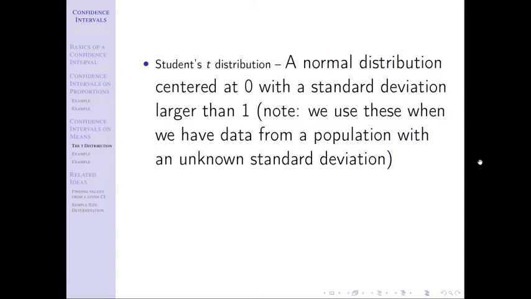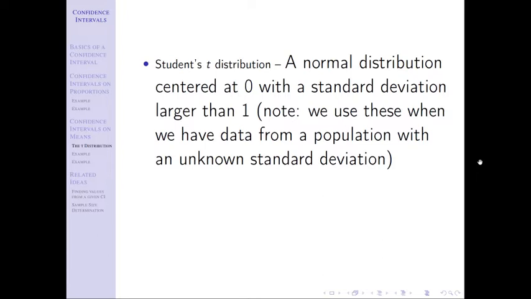Right, so the point I want to try to hammer home here is if you're working a problem on means, we will almost assuredly not know what sigma is. If we don't know what sigma is, we cannot use a z-distribution, we have to use a t-distribution. This did not apply in proportion problems because we knew what the standard deviation was because of the way the binomial works and how those formulas play into each other. So you can shorten all that down to, if you have a proportion problem, you can use a z. If you have a mean problem, you almost assuredly won't know sigma.